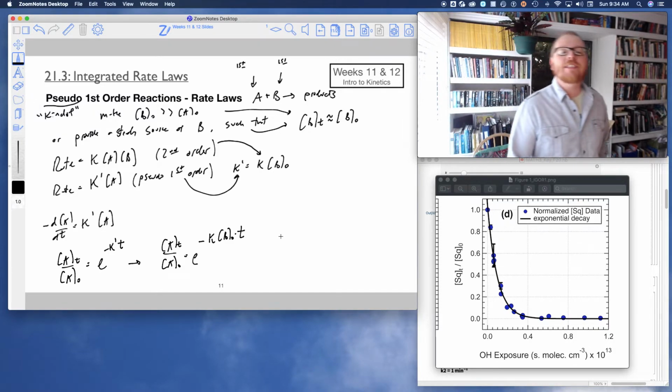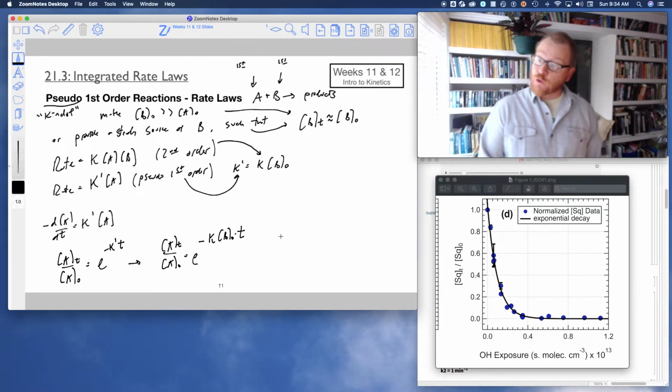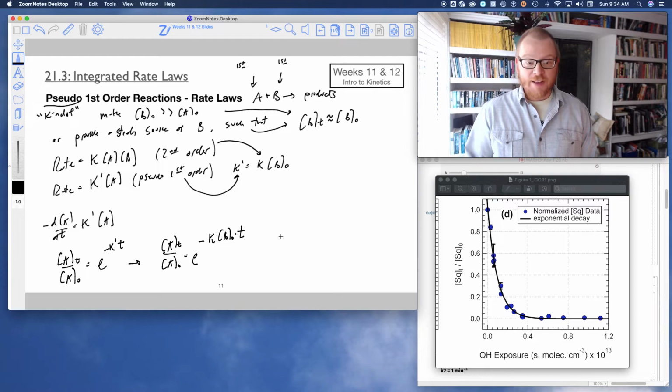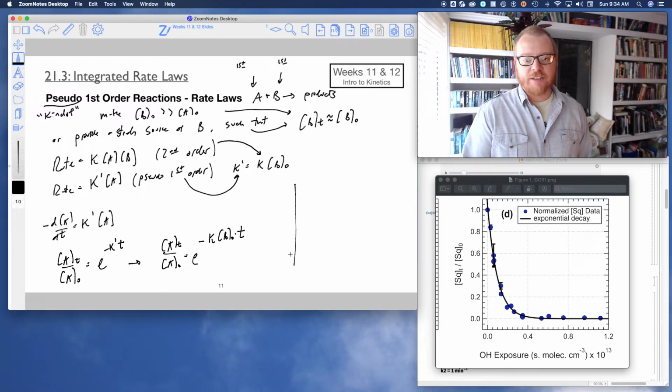Okay, well, if we still want to fit this to an appropriate first order rate constant, then what we can actually do is, instead of plot this as concentration versus time, okay, instead we can plot this as relative concentration versus